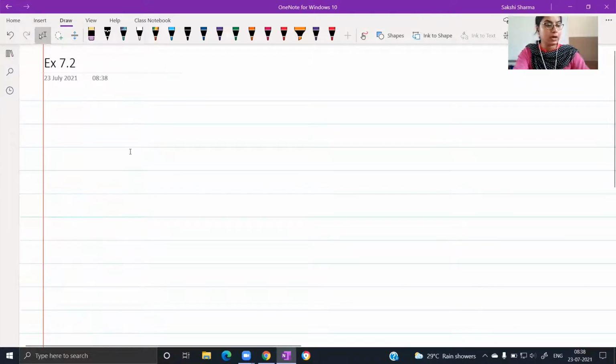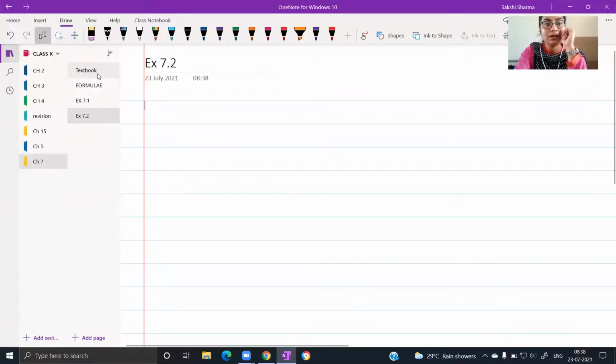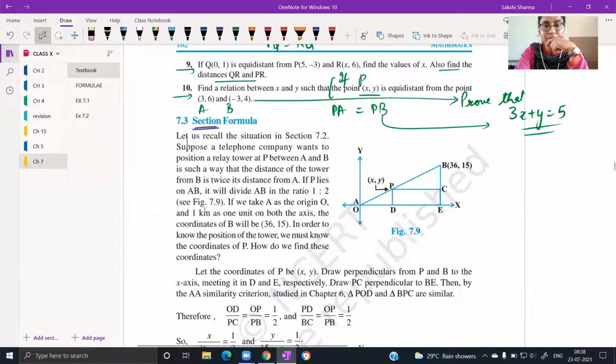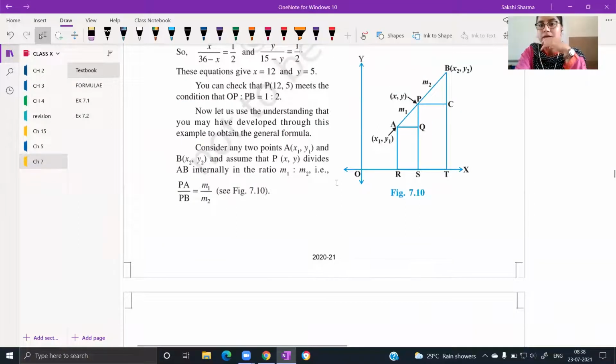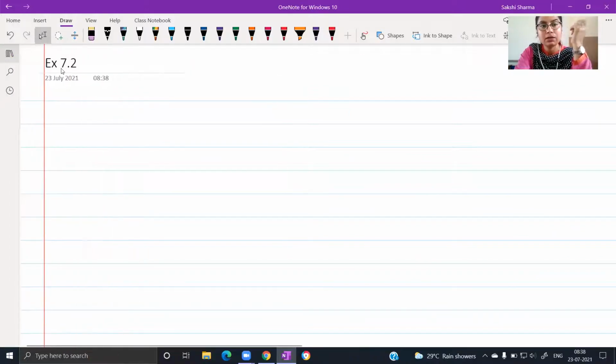आपकी book में I think M1, M2 के form में formula दिया हुआ है. Let me just take a look. Some prefer writing it with the M and N. Over here, you can see M1, M2 use किया है. I'm going to use M and N. It's up to you. Reference है सिर्फ.